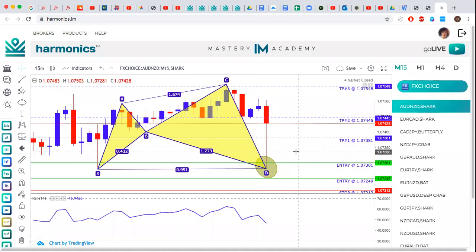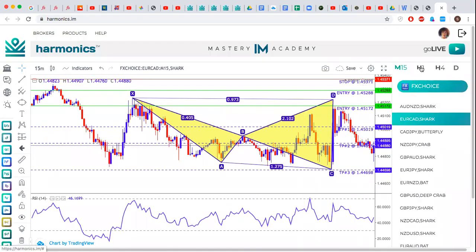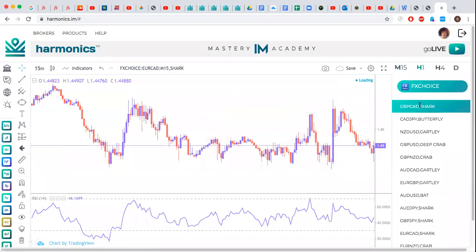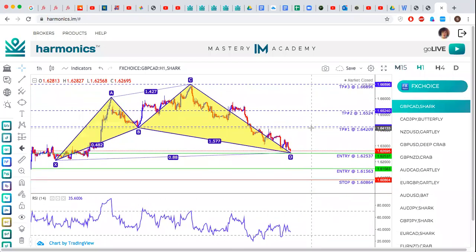And then what we do is we want to see whether the trade already happened. In this case, the market is closed now, but the trade already happened because price came down to that entry and already went up. So in this case, I would ignore this one. Most likely I'm not going to find one right now that hasn't happened yet because the market is closed, but let me just look if I find something. All right, here's one. This is one that we can use. Same thing, I come in here, I see my D's at the bottom,